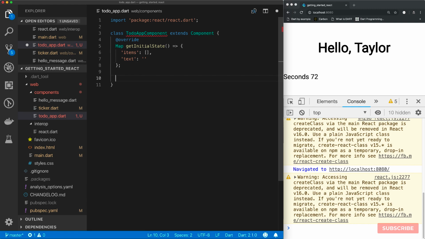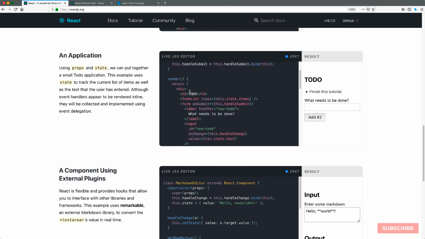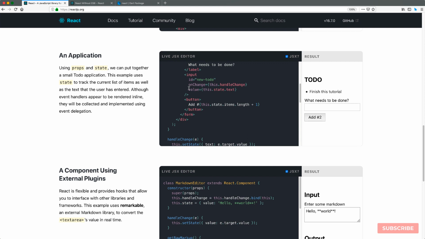So that's the first thing we'll do, and the second thing we need to do is define our render function